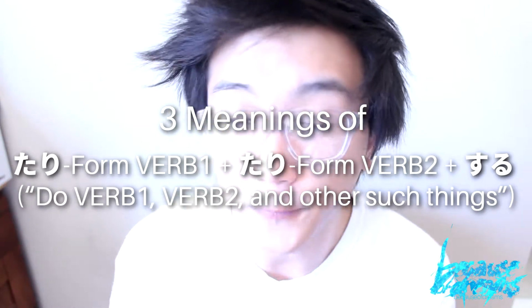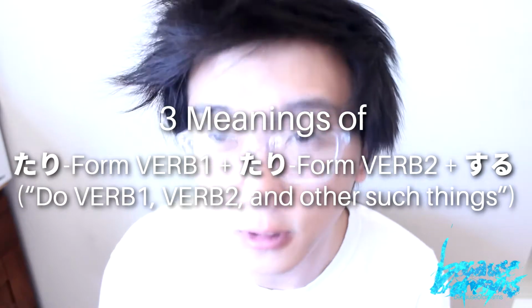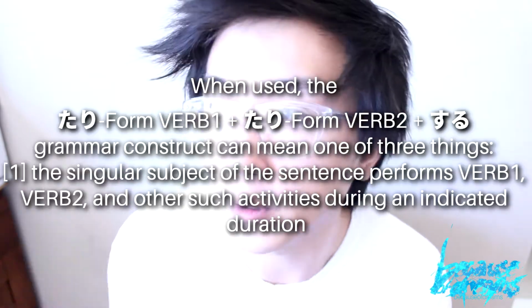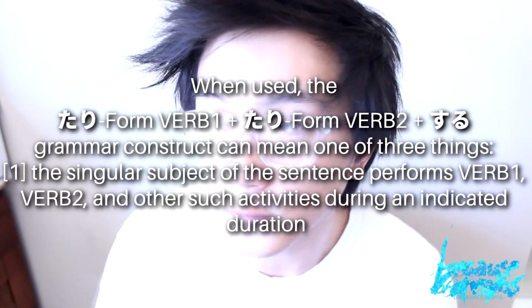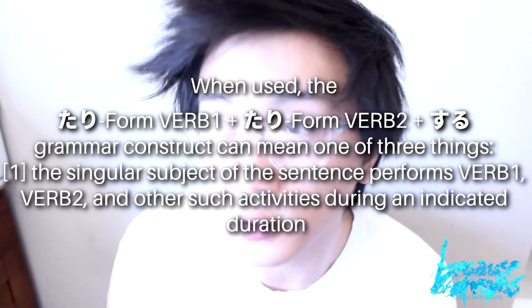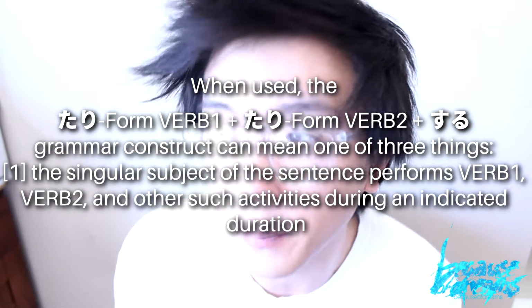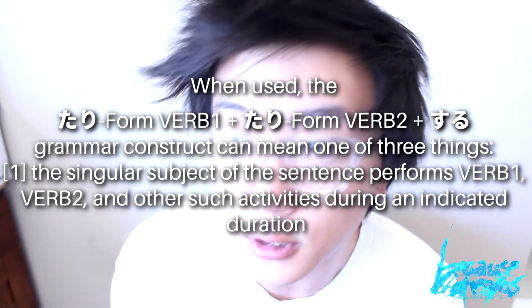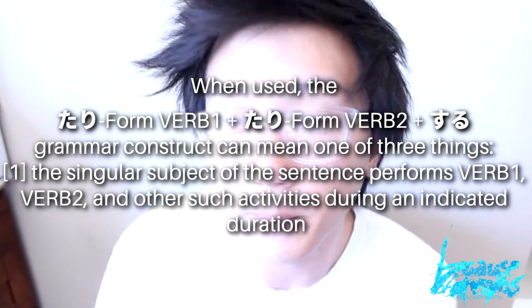right after it. So for the tari form of verbs, there are actually three different meanings that can apply to the grammar construct itself. And for the most common definition of the tari form, what we do is we use the tari form of verb 1 and verb 2 and possibly 3, 4, 5 verbs or however many you want, but the minimum is basically 2, and this means to do verb 1 and to do verb 2 among other